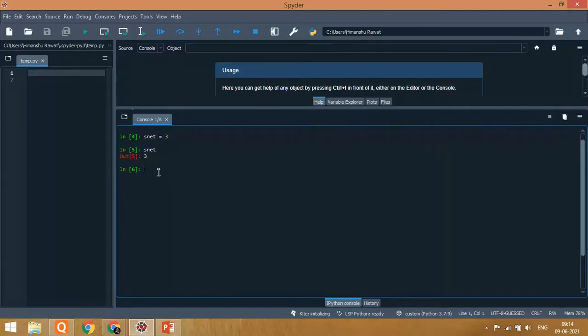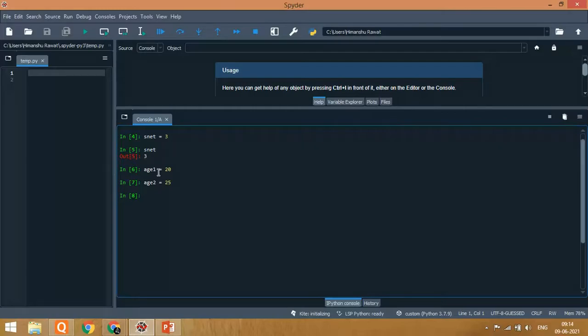So let's take an example. Suppose I have two friends with their respective ages. age1 equals 20 and age2 equals 25. So we have assigned two variables, age1 and age2, with the values 20 and 25.